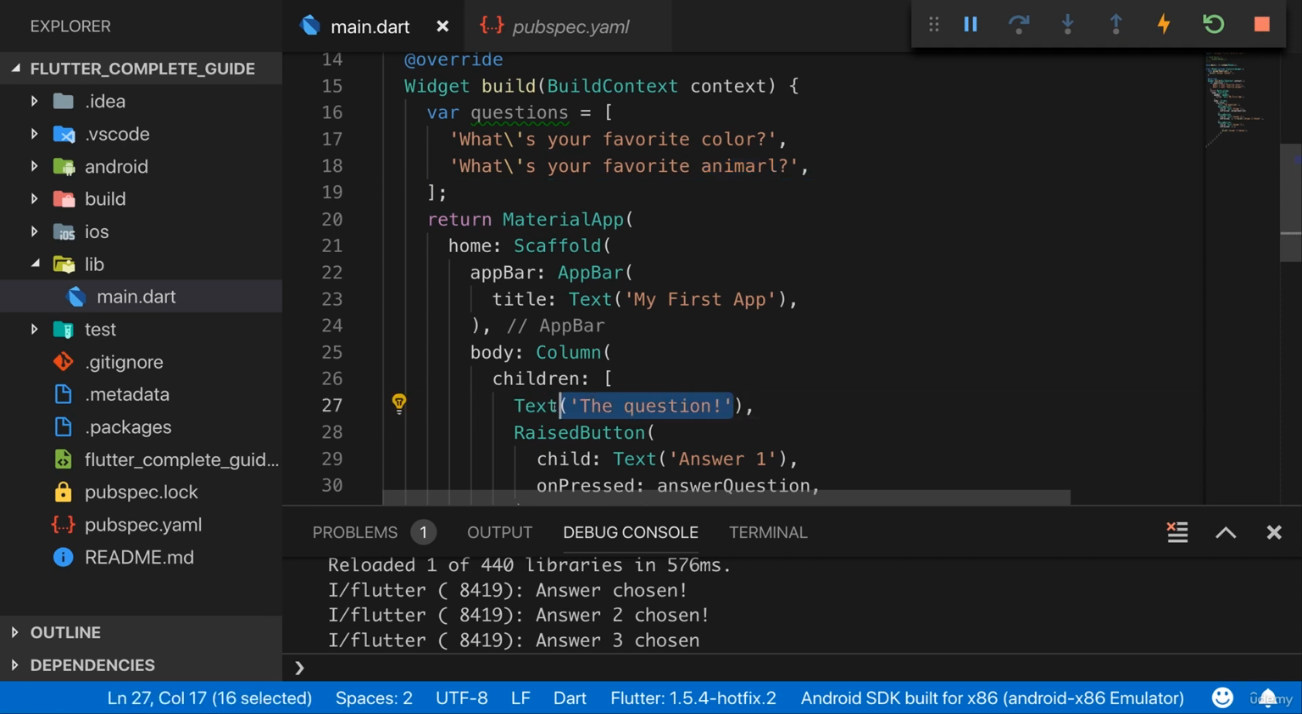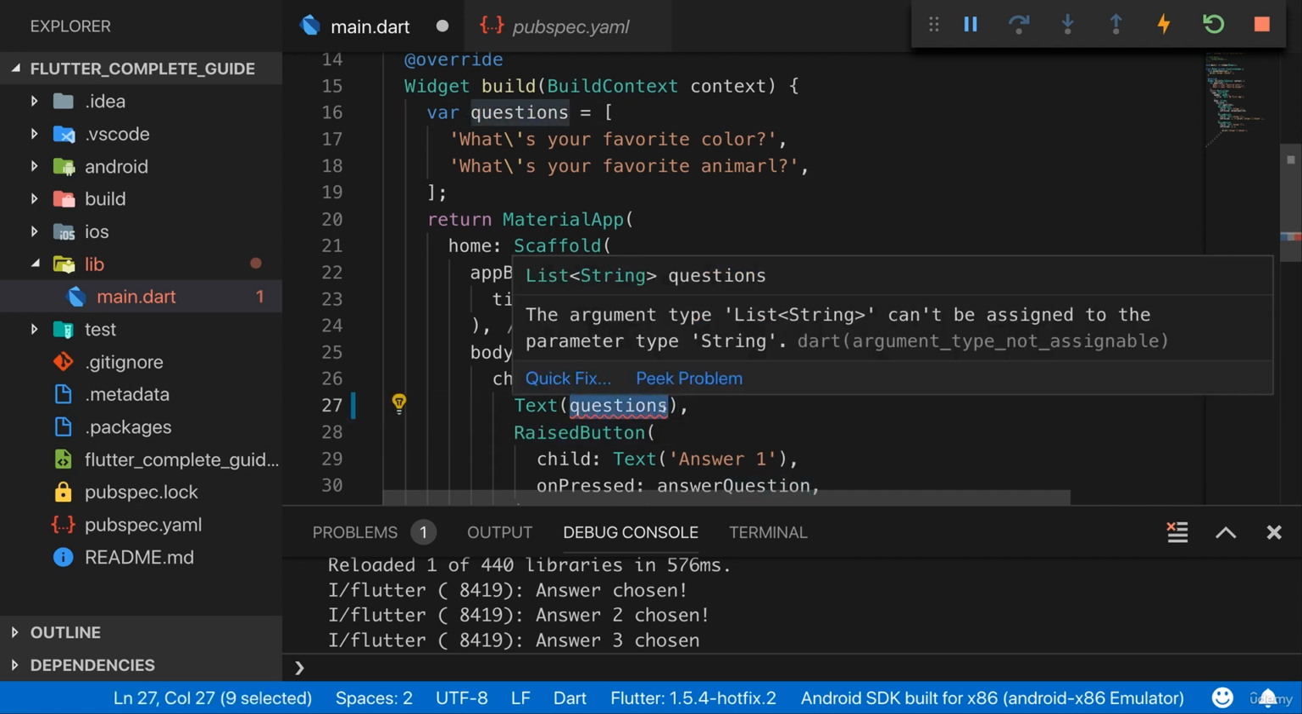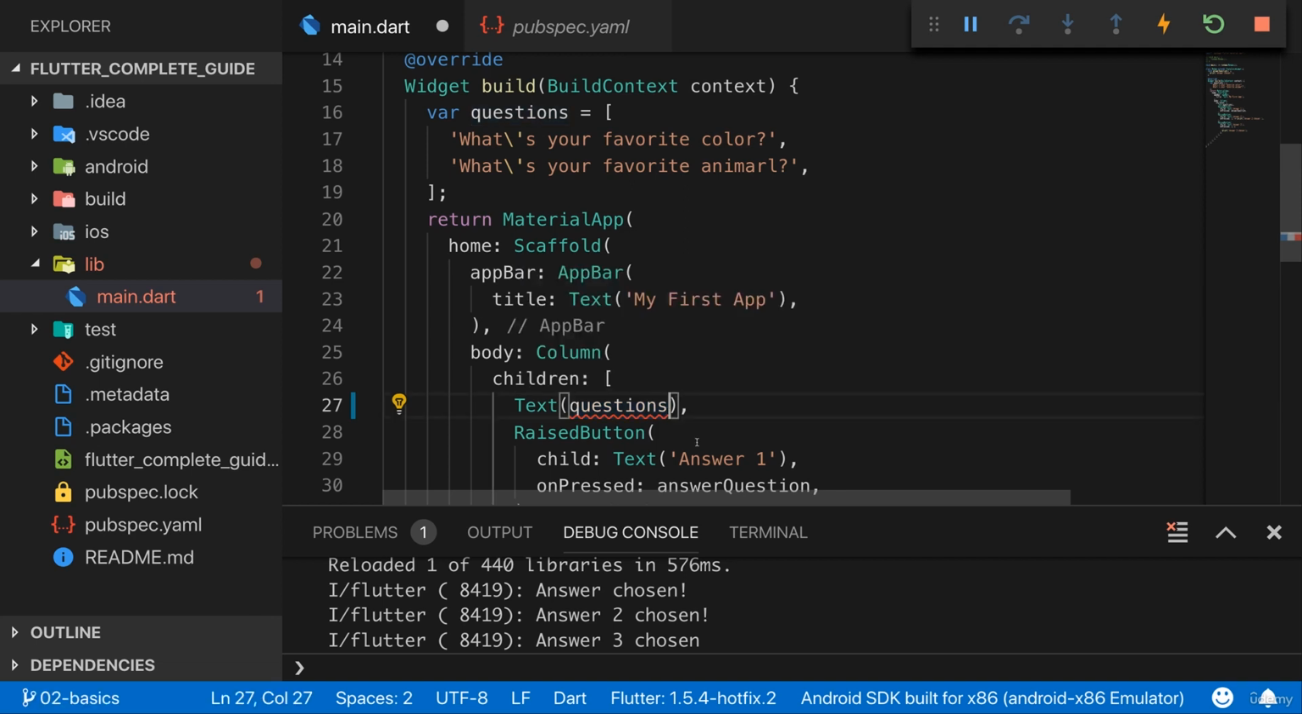Now for that, let's first of all start by outputting the first element. So I don't want to hard code my question down there into this text widget, but instead I want to use the first element of my questions list. To do that, we first of all have to refer to questions. Questions is the name of the variable. By adding it here. But now questions is a list of strings, and I only want to take the first string and output it. To do that, Dart gives us a syntax for accessing the different items in a list